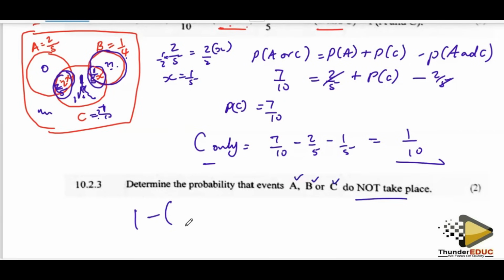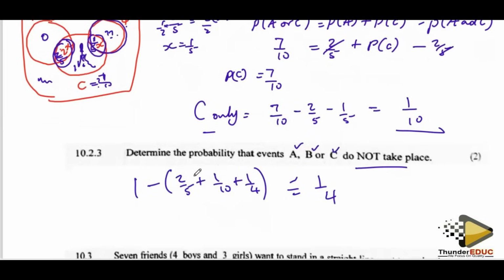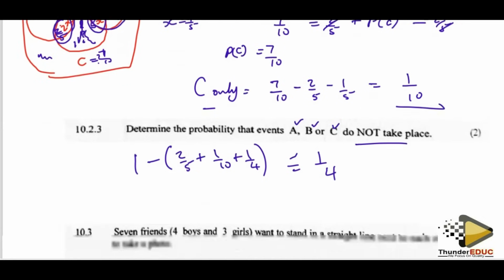Okay, 1 minus, we've said 2 over 5 plus the 1 over 10 plus the 1 over 4. This is 2 over 5 plus 1 over 10 and then plus 1 over 4. I'm getting a quarter. Yes, makes sense. Okay, so that is that, guys. I'm sorry, it was meant to be addition and subtraction because there are brackets already, so there's no need of